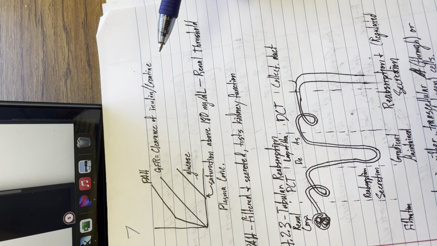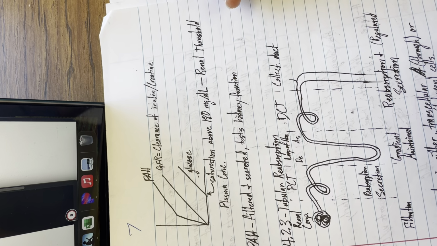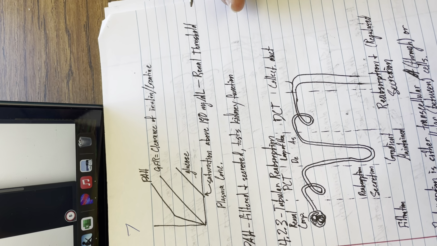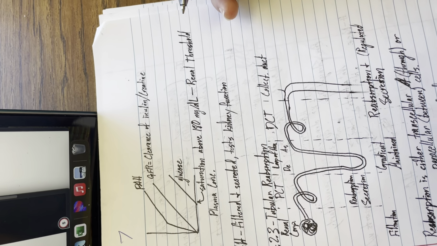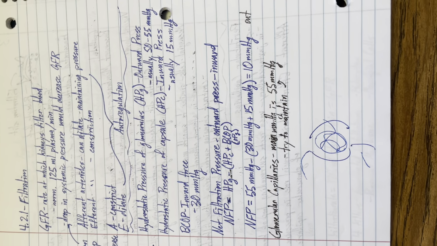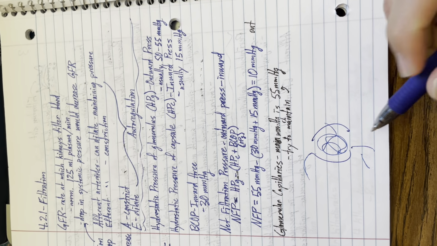Let's see. I went over filtration with your different layers. Okay, blood regulation. Let's talk about blood regulation for the glomerulus. So in your glomerulus, you have